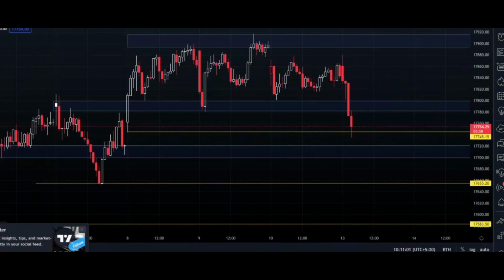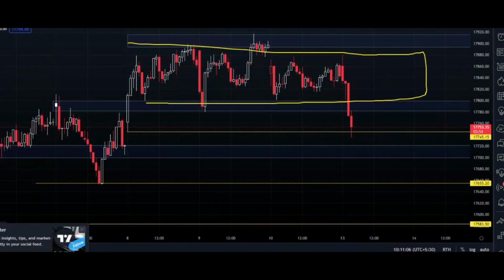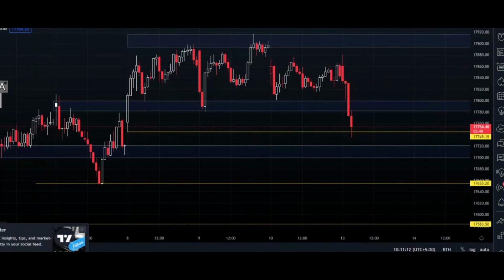So it has broken this zone. It is trading outside this zone now. So either the move is going to be fast on the downside, or it's going to be stuck in this zone now. So these are the support resistances which I have drawn based on the price action around this area